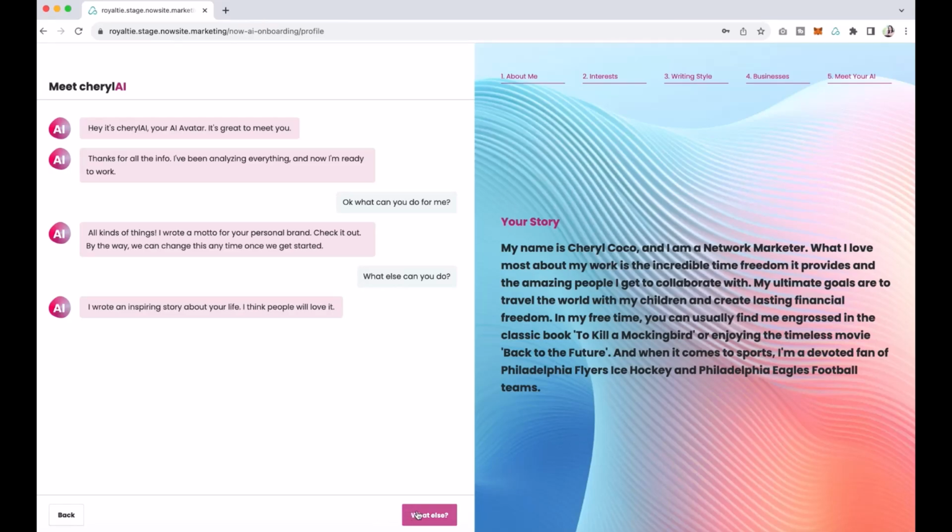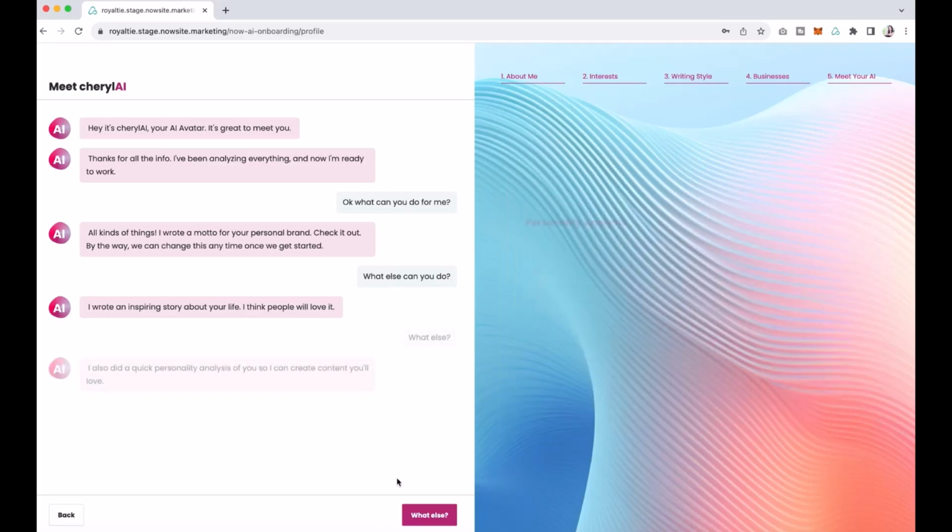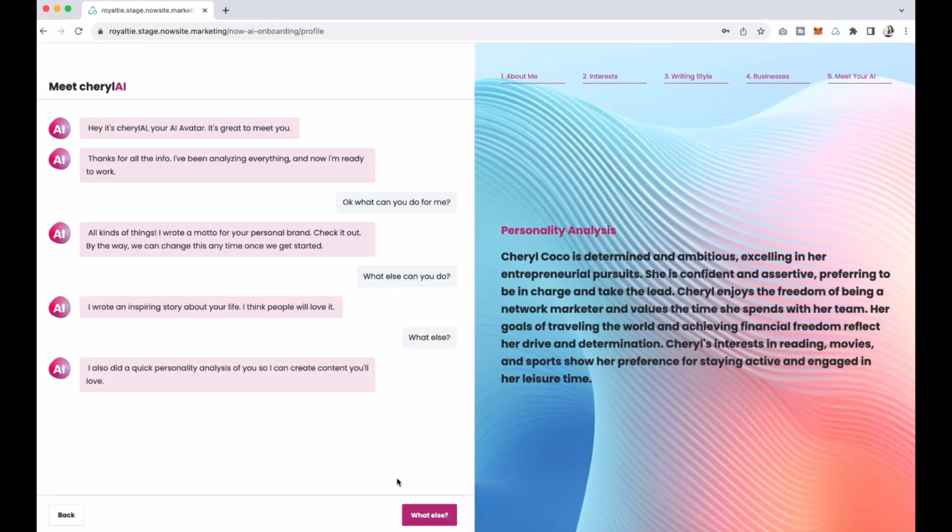And then it's going to give you a personality analysis. So mine says, of course, that I prefer to be in charge and take the lead, right? But you will get your own personality analysis.